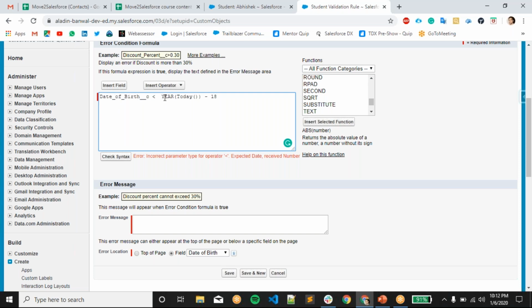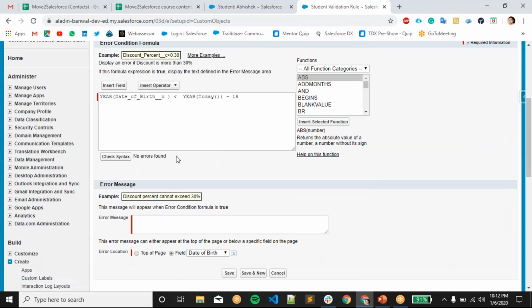Here what I am doing is returning the year from today, so it will return 2020 minus 18, which gives 2002. So this is not the correct syntax now, comparing 6 1 2020 with 2002. We have to return the year from this date of birth as well. So now there is no error.